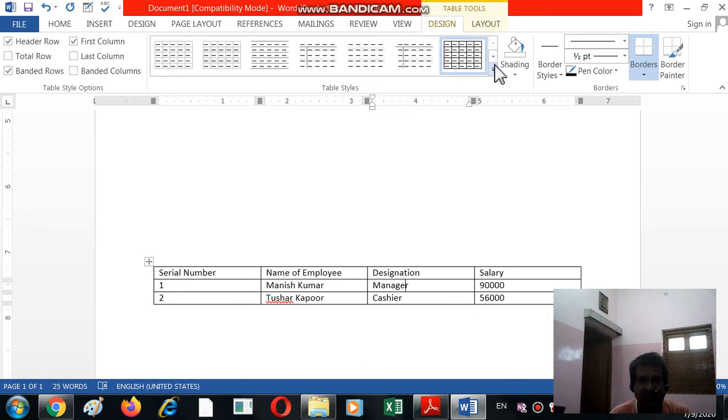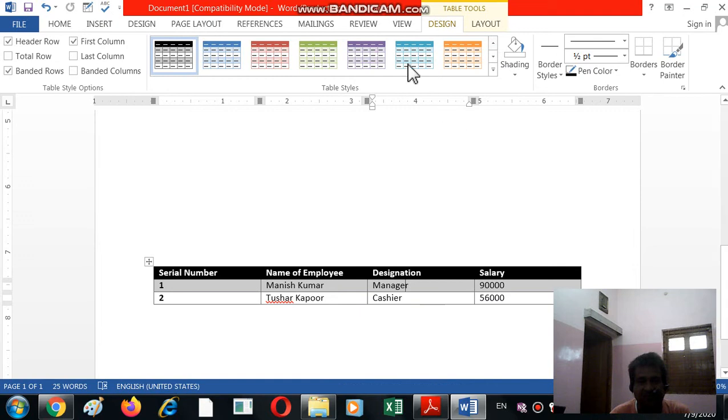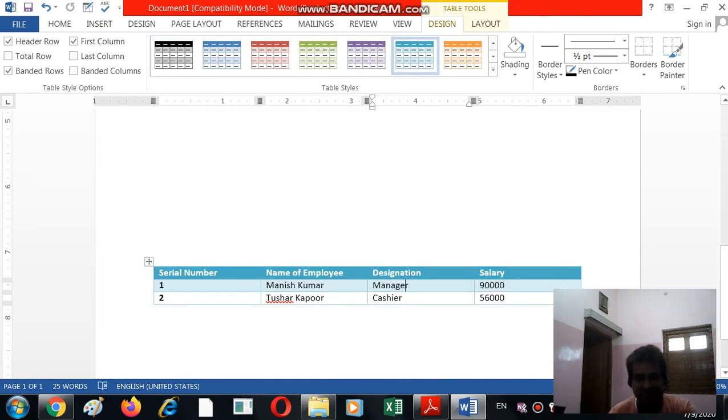When you click the table, the Design and Layout tabs appear. You give whatever design you want, your choice. Suppose I like to add this one, or I want like this, or I want like this. Add more. See, alternate rows have different colors.